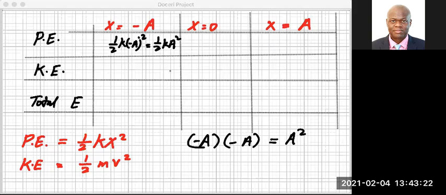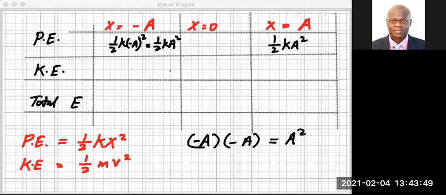Okay. Does that make sense to everyone? Yes. So A here is the amplitude. It could be any number. So if the actual numerical value of the amplitude were given, then you just plug it in here to get the number. So that means at the other amplitude, since A is just positive, we'll have a potential energy of